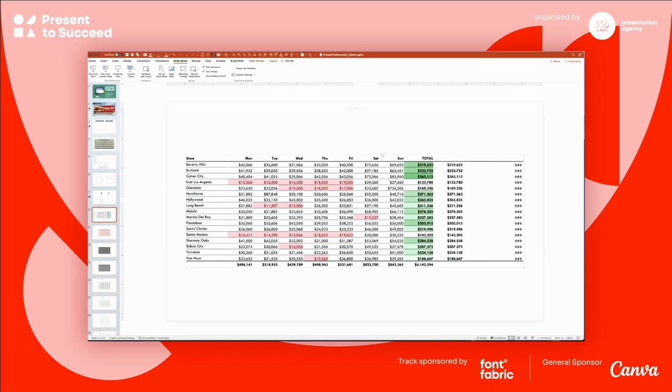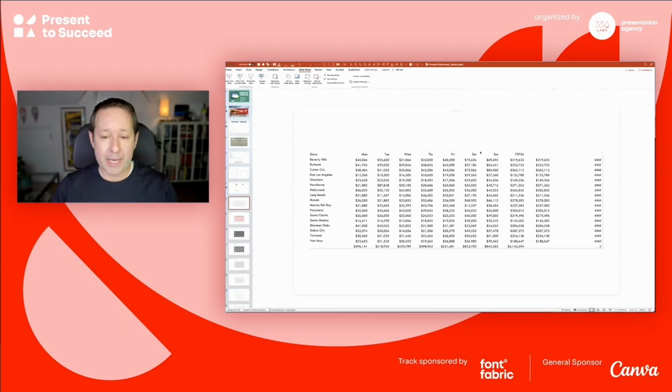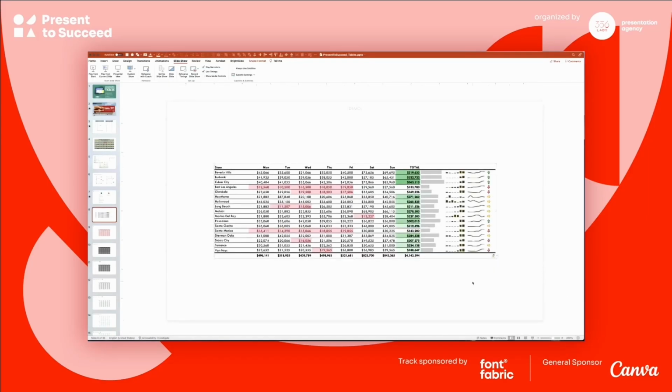But there is a way, so I'm going to delete this and I'm going to do it again because it's still on my clipboard. So I'm going to paste the same table in again, go down to my little clipboard thingy here and do Excel table, entire workbook. And that is going to embed the cells, the table, just like you would embed a chart. But unlike a chart from Excel, you can't format this at all. Like you can't just go in and change the color of something. This is really locked down.